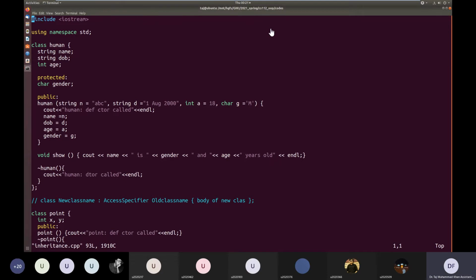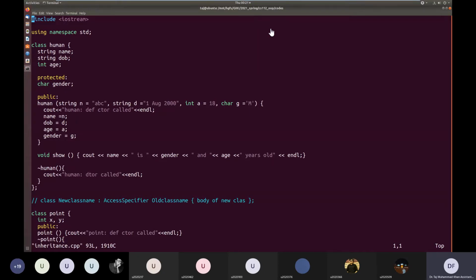Yes, Uzair, you wanted to ask something? Sir, will it also inherit the properties of class human? Yes, because by definition, teacher is inherited from human. So teacher already contains the data of the class human. Similarly, administrator also contains the data of class human.